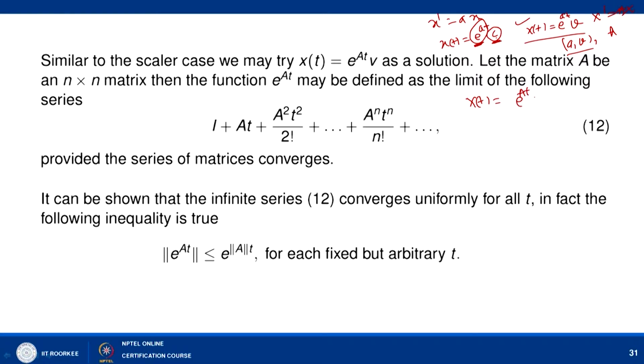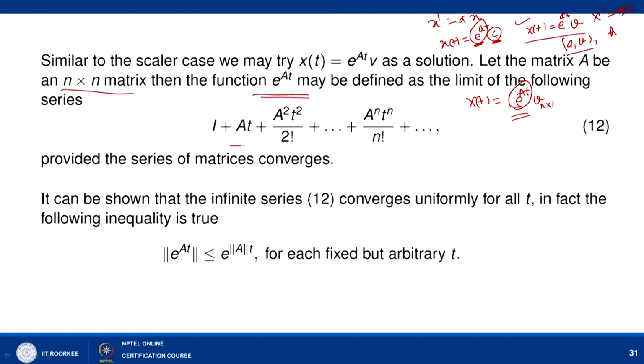Can we define this kind of a solution where x(t) is equal to e to power At v, where v is n cross 1 and e to power At is something similar to e to power at in the scalar case? Here, how do we define this matrix, and whether it is defined or not? So, we may try first of all x(t) equal to e to power At v as a solution, where A is an n cross n matrix,